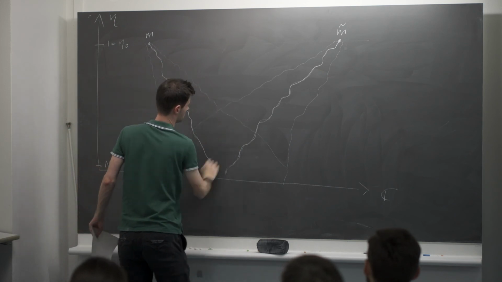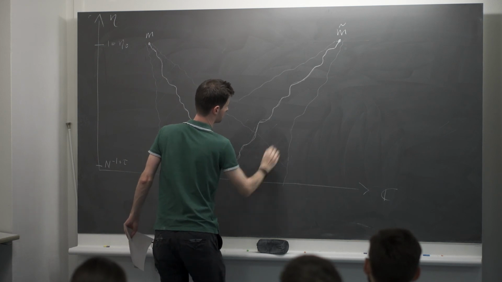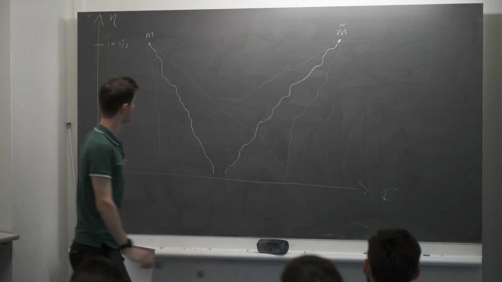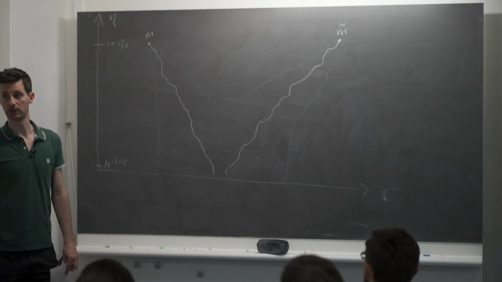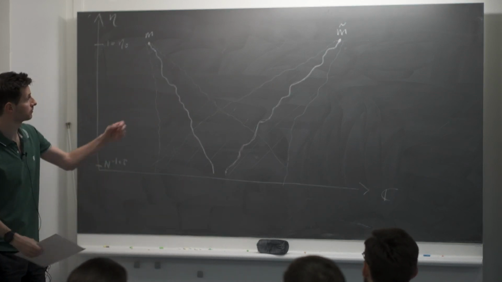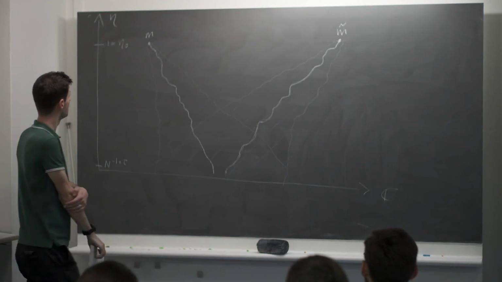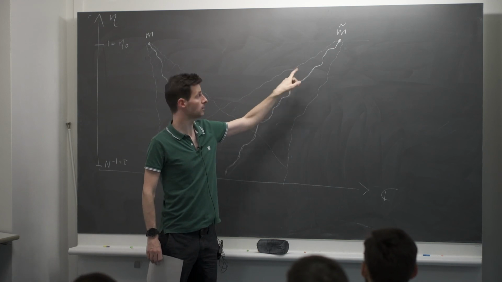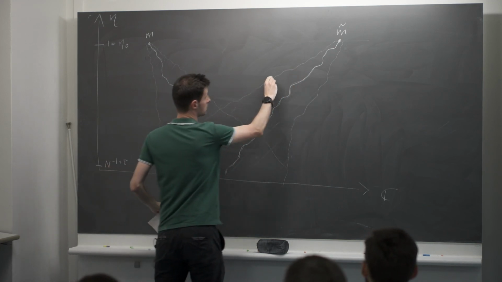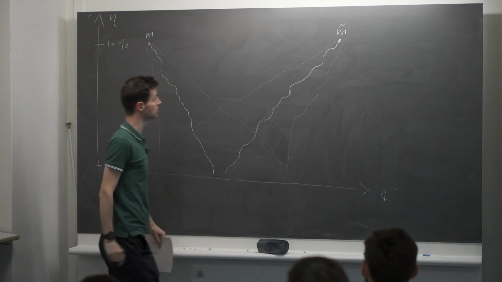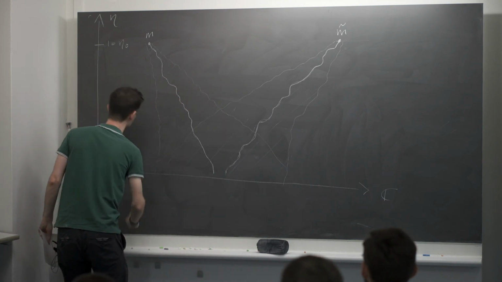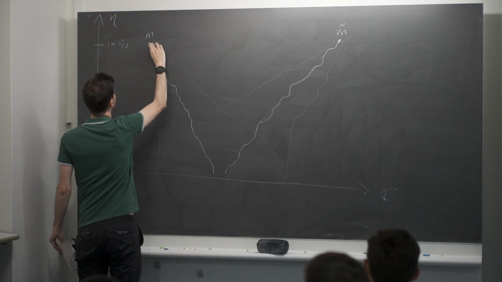So the shaded region is the region where G is allowed to be. So I prove by solving this quadratic equation that G is close to either m or m tilde, and the error is precisely the width here of my tolerance. Now I know also, let me draw in green, let me draw G. So G is somewhere here.